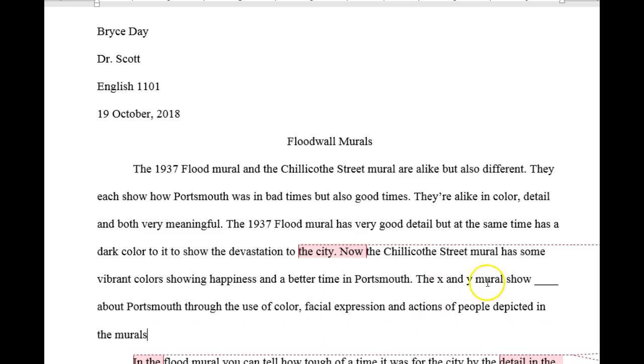But right now, what the essay is lacking is this. It shows what are they trying to say about Portsmouth with these two murals?